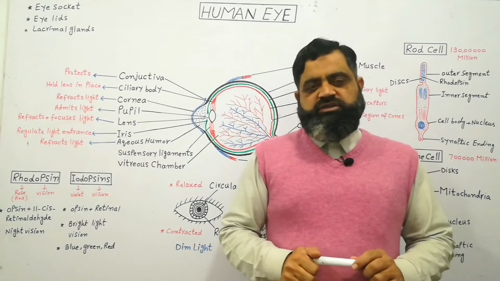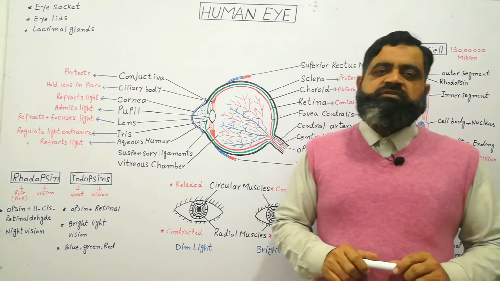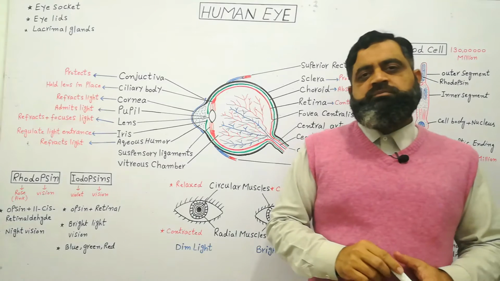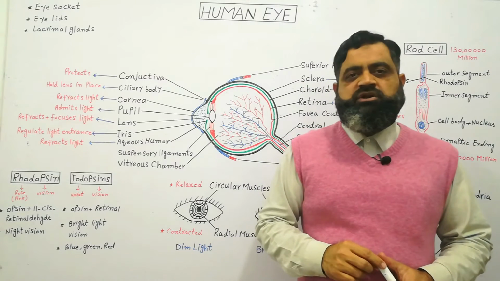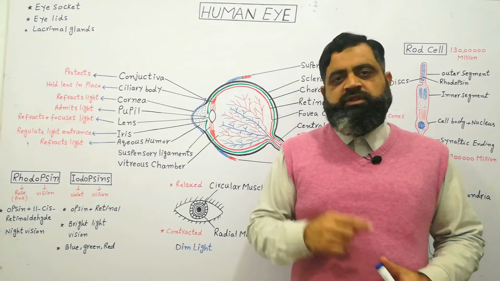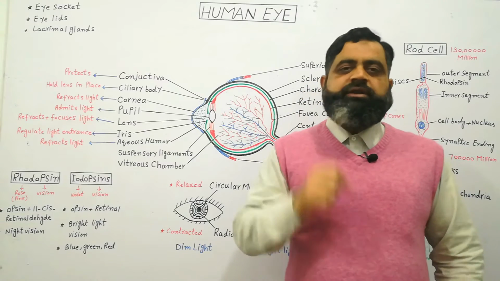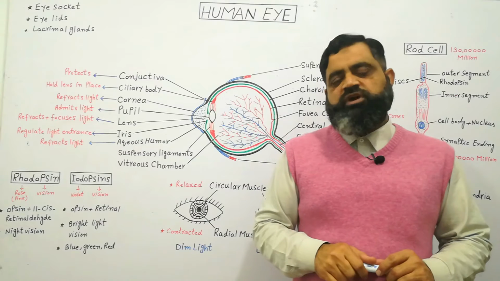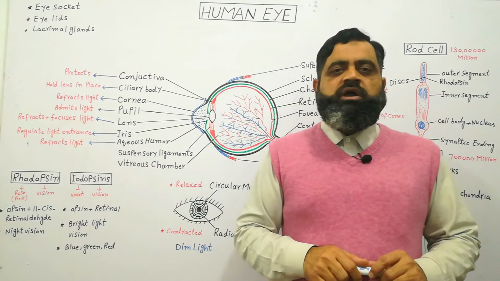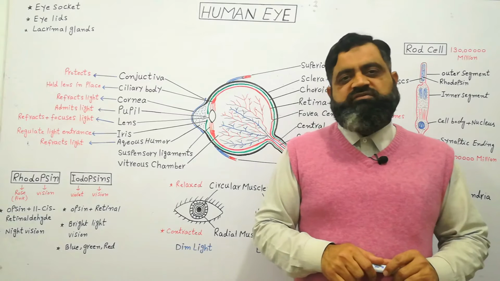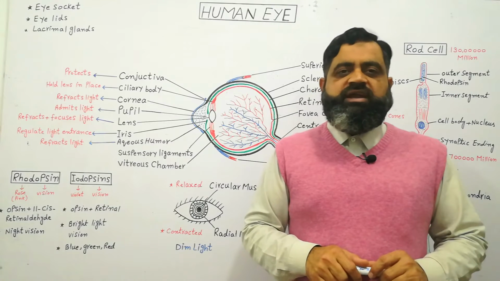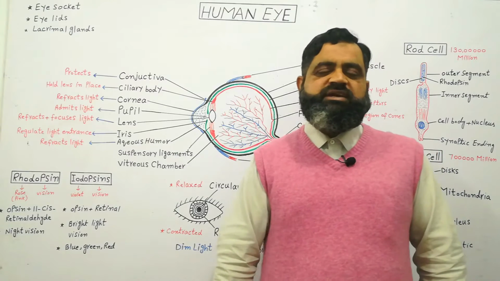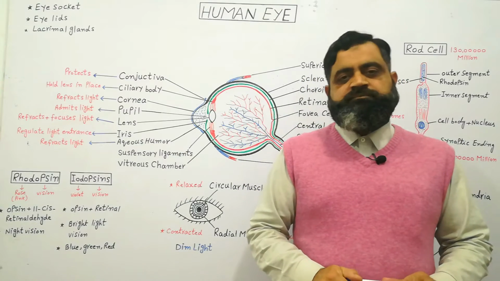The second protection is with the help of eyelids. Eyelids are muscular protections which are present on the front side of our eye, the upper eyelid and the lower eyelid. These eyelids protect our eyeballs from the harms of the environment. They also blink as a reflex, and eyelids and eyelashes protect our eyes from dust particles, small insects and dryness.